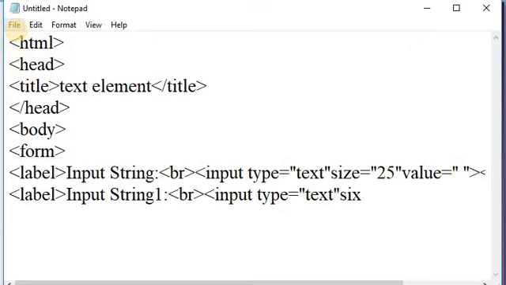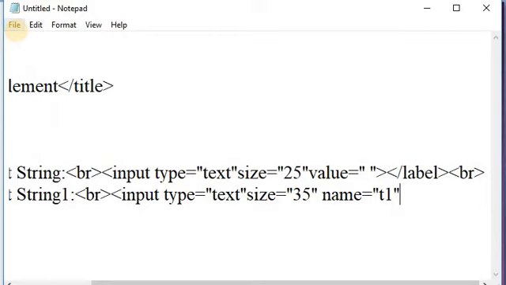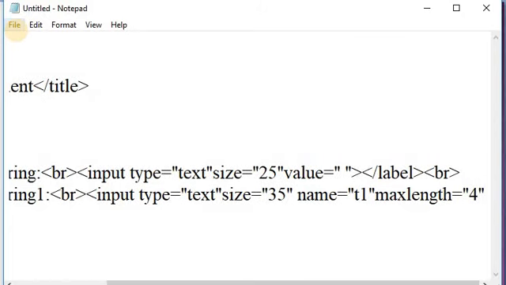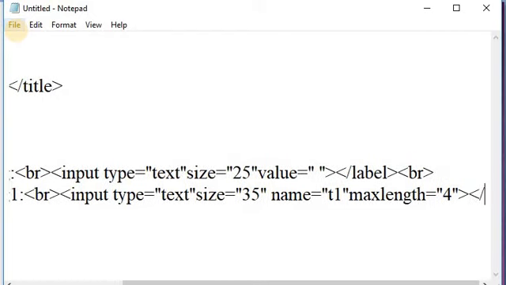After that, I am specifying the size equal to 35. After taking a size, I am taking the name equal to, suppose, T1, and after that I am taking the maxlength attribute equal to 4, and close the input type, close the label tag,